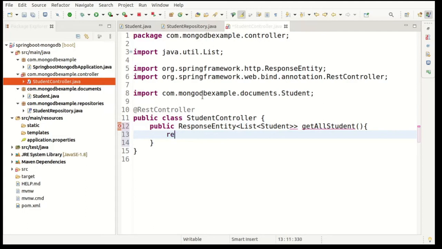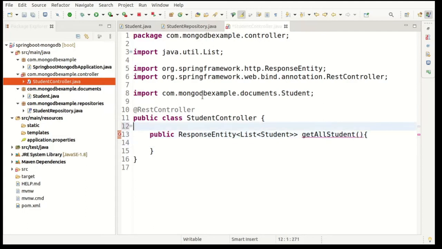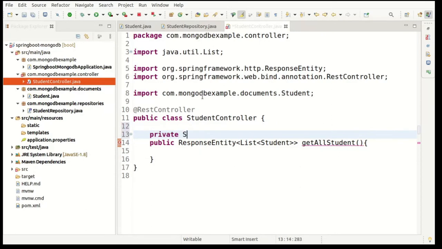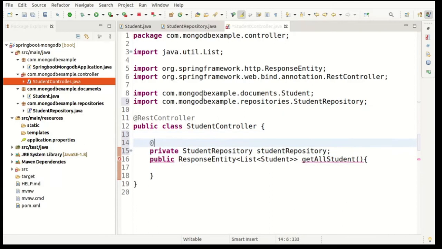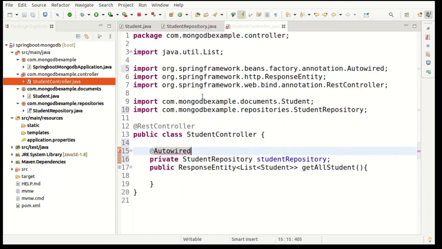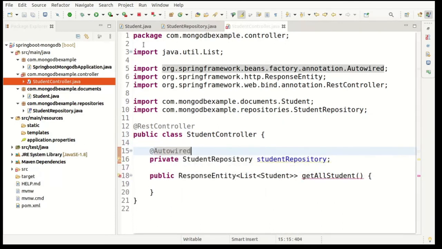Before returning, just inject that StudentRepository here. So private StudentRepository, and just autowire this one. That's it.